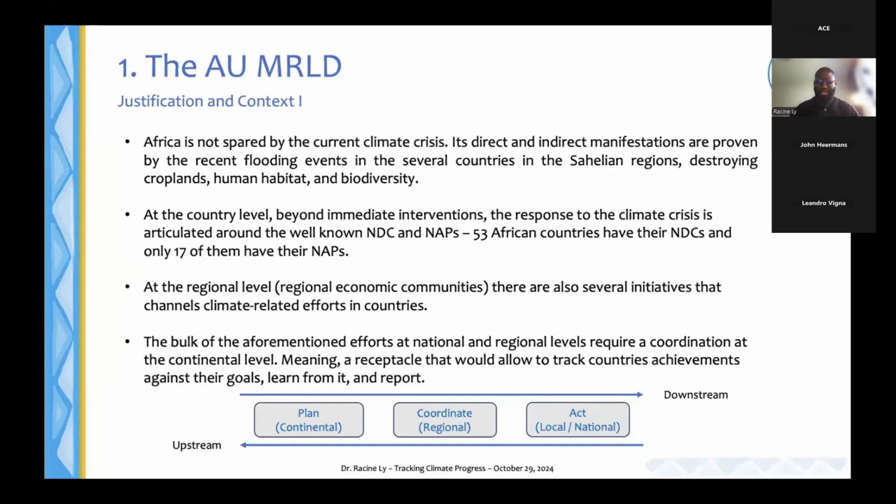The MRLD in Africa is to start collecting that information and having an accountability process when it comes to achieving those goals. In a nutshell, the way we can explain the MRLD would be to plan at a continental level, to coordinate at the regional level, and then to act at the local and national level. So you have the downstream scheme, that allows us to spread the information, the goals and the global agendas, to domesticate them at the regional and national level, of course aligned with the national agendas when it comes to climate. But the upstream